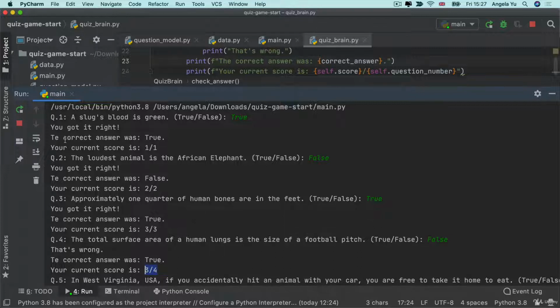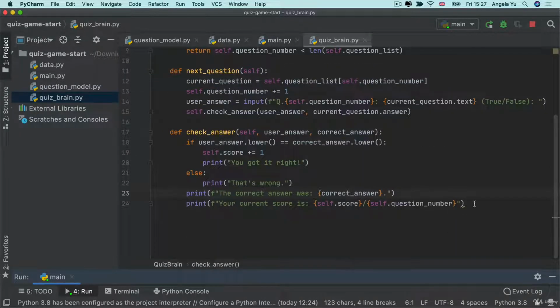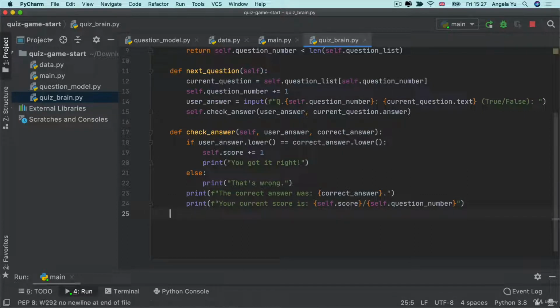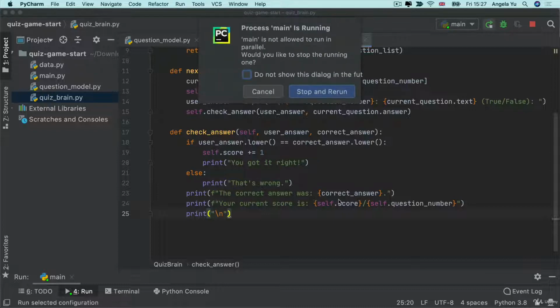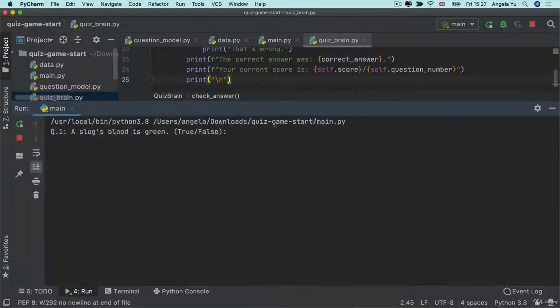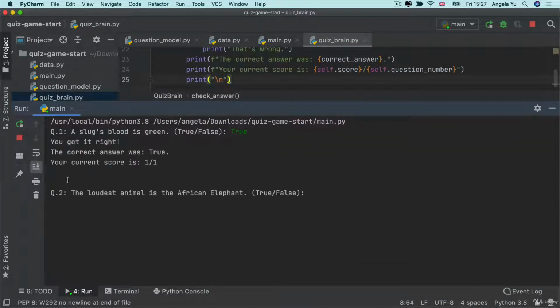It'd be nice to add a little bit of space in between each of the questions. I want to be able to see all the questions that I've done so far, so I don't want to clear the screen, but I want to be able to add a new line here. So at the end of my print statement, I'm going to add a print, which is just going to print a new line, so that in between each question, I have a little bit of space